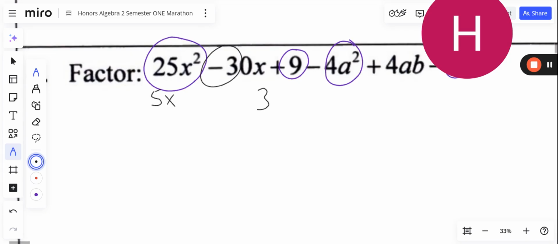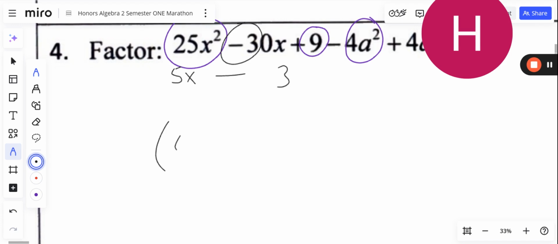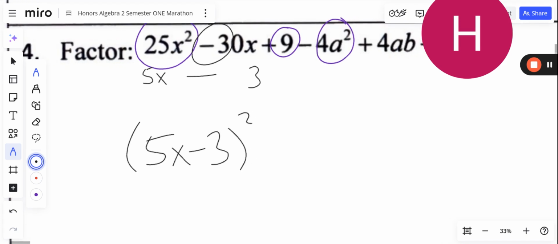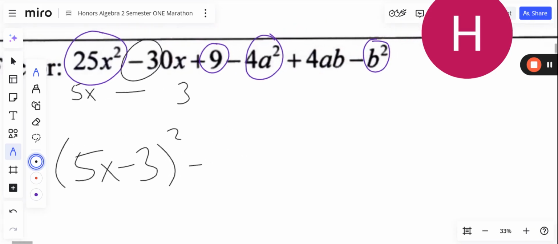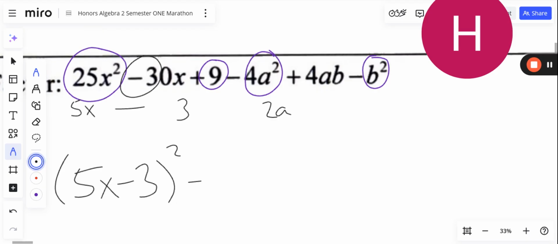The minus in between indicates that this is a minus, so this would be 5x minus 3 squared minus, let's try that again, this is 2a and this is b. But if you notice, if I factor the negative out, then this is going to have 4a squared with a minus 4ab and a plus b squared. So let's think about it like that. 2a and b with the minus indicated in the middle. So this would be 2a